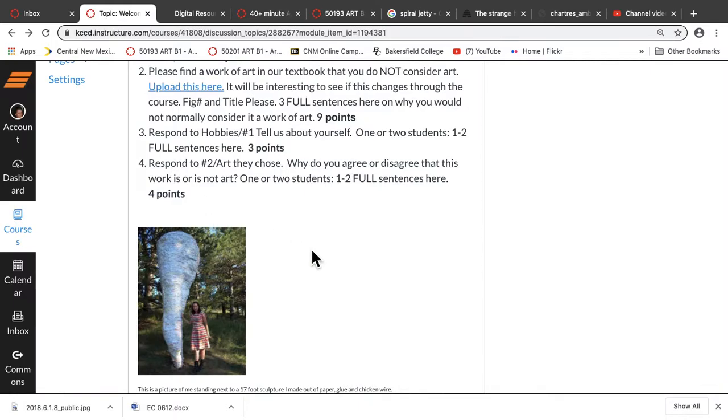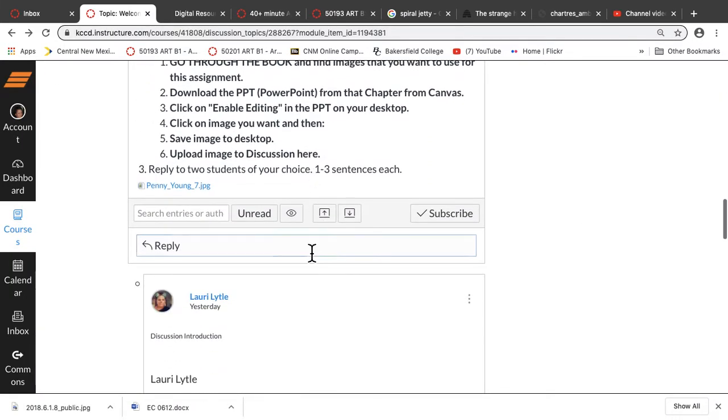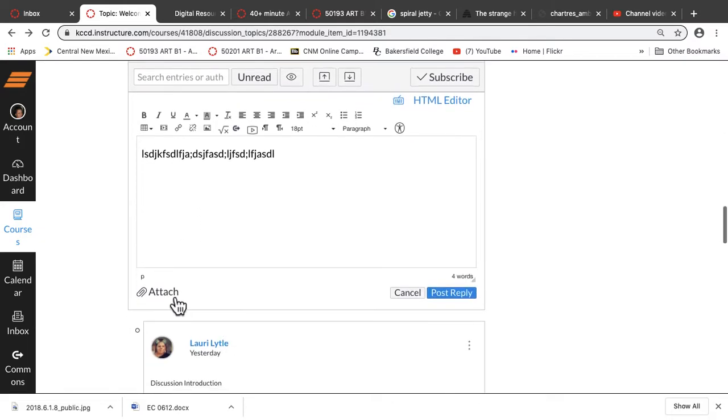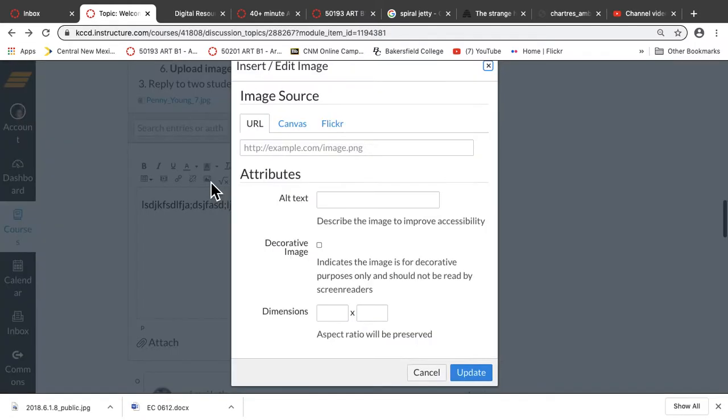And then go here. And then when you're doing your reply, you're going to type in everything you need to type in. I am so-and-so, like I did at the top. Then we're going to upload an image. So what you're going to do is you're going to go down here. Now, a lot of times students will attach. Please don't do this because they won't be able to see it. If you embed the image, and I'll show that again in the next video, so don't worry.